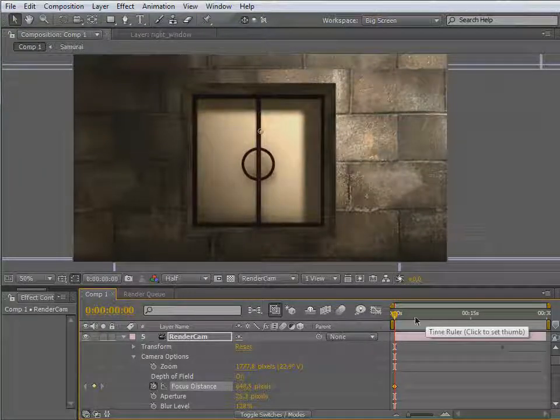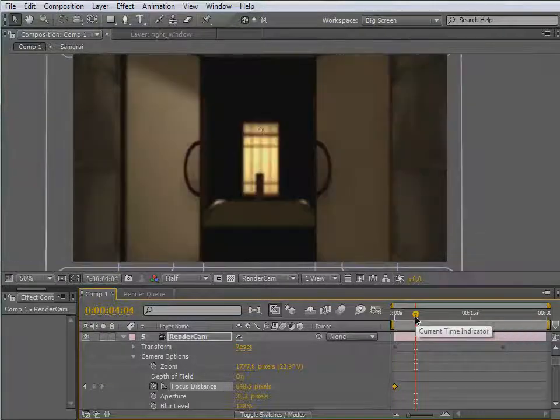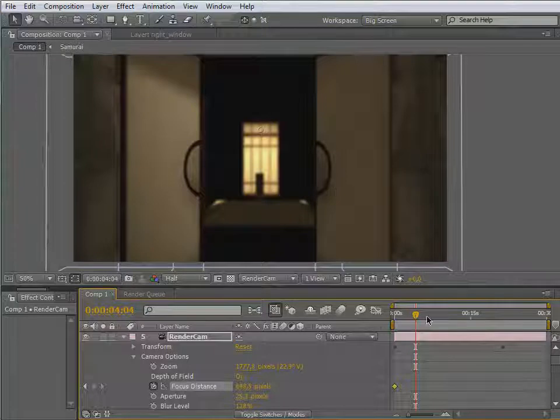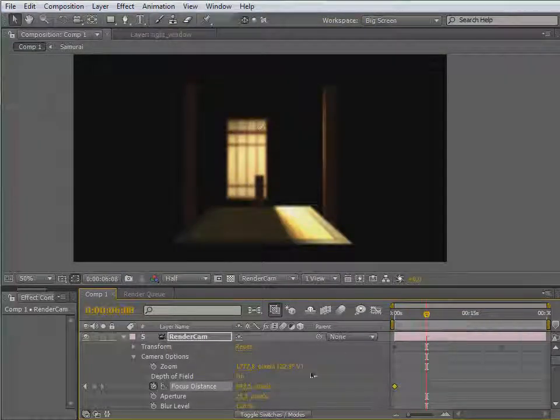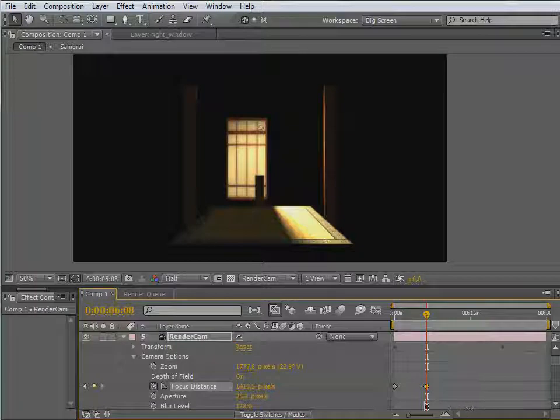Now let's go in there, and as you can see, it's now out of focus. So let's go inside here and bring it up like so,